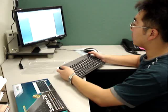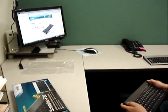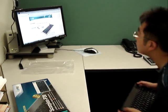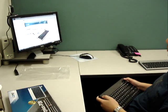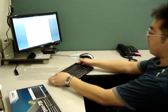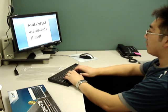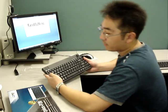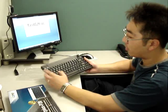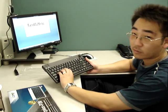As you can see, there's no wires holding me back. I can go far, up close, wherever I want to. You can browse the internet, chat, do whatever you want. And you can type without a problem. And this keyboard is very nice because it comes with the rubber membrane high quality key switch,